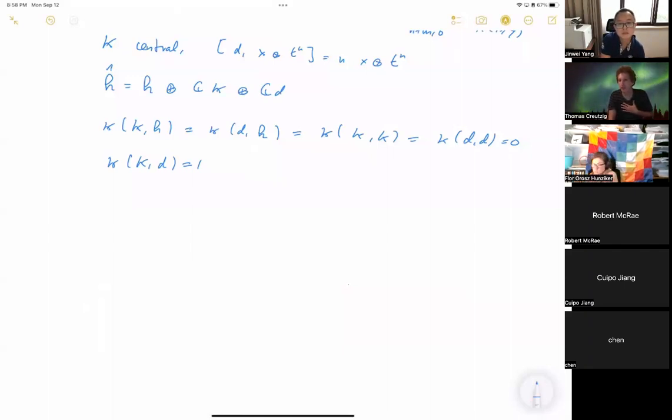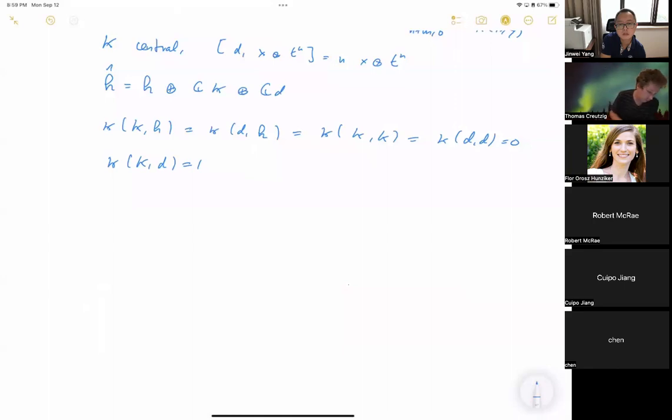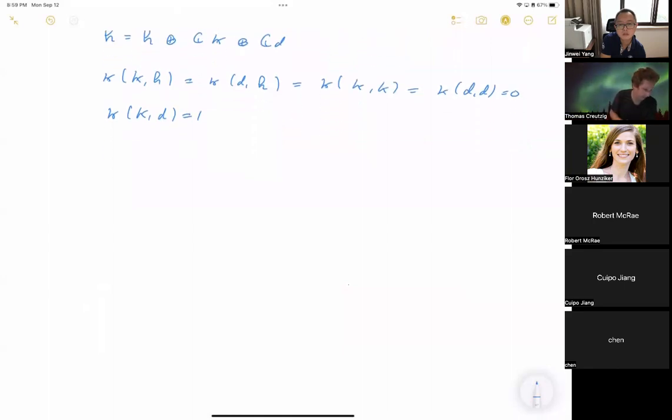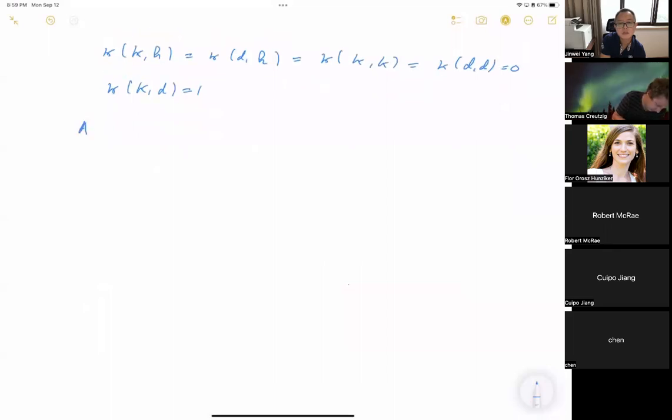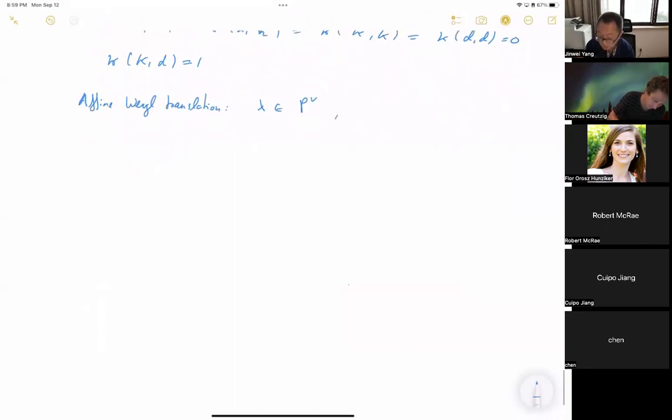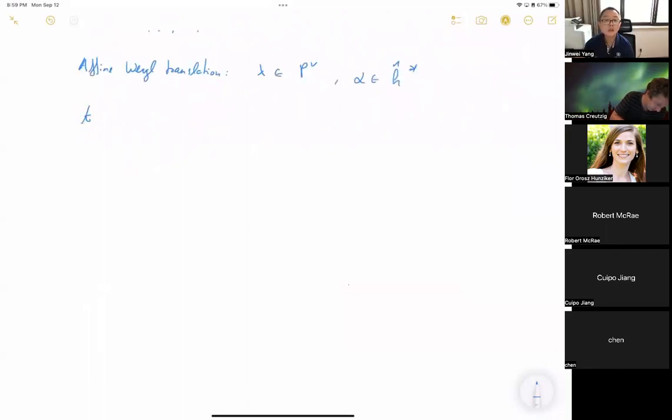What kind of automorphisms does the Lie algebra have? For the affine Lie algebra, it's automorphisms coming from affine Weyl translations, from the translation group of the Weyl group. You have something like an affine Weyl translation labeled by elements of the coweight lattice. So we take here lambda, something in the coweight lattice, and alpha in the dual of the Cartan subalgebra of the affine Lie algebra. Then one has the affine Weyl translation that maps alpha to alpha